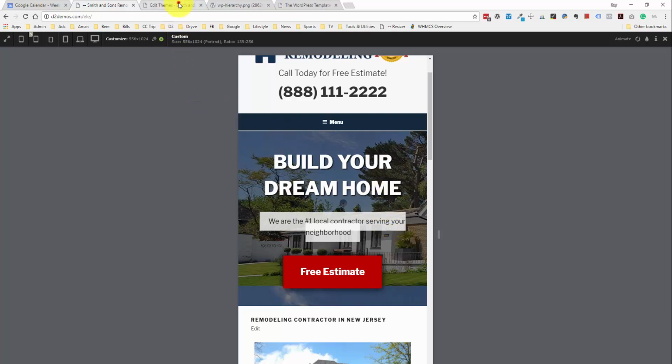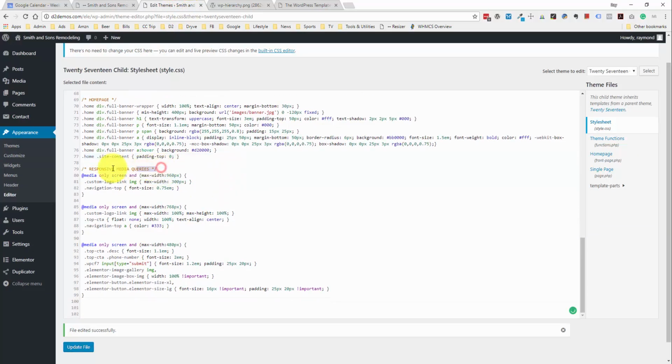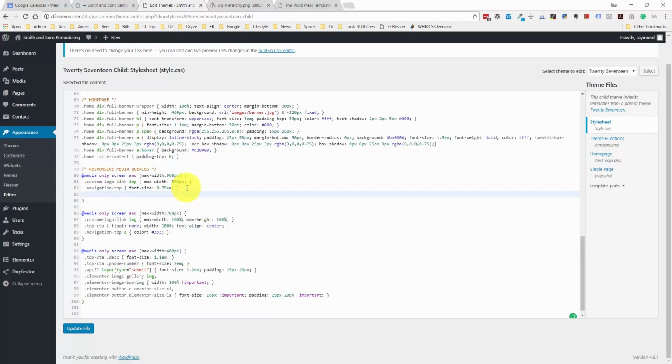So let me go back into the themes, and under this responsive media query section, this is where I'll add my changes. I have 3 levels, one which is the max width 960 pixels, the next one which is max width 768, and then the last one which is max width 480, which is more like a mobile phone width. So the first one we're going to add here is for the full banner background. So I'll do home div.full_banner,